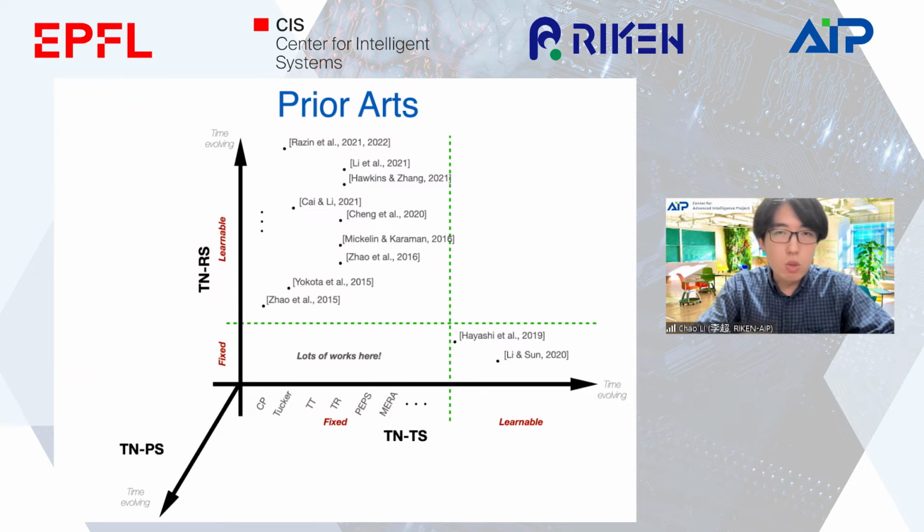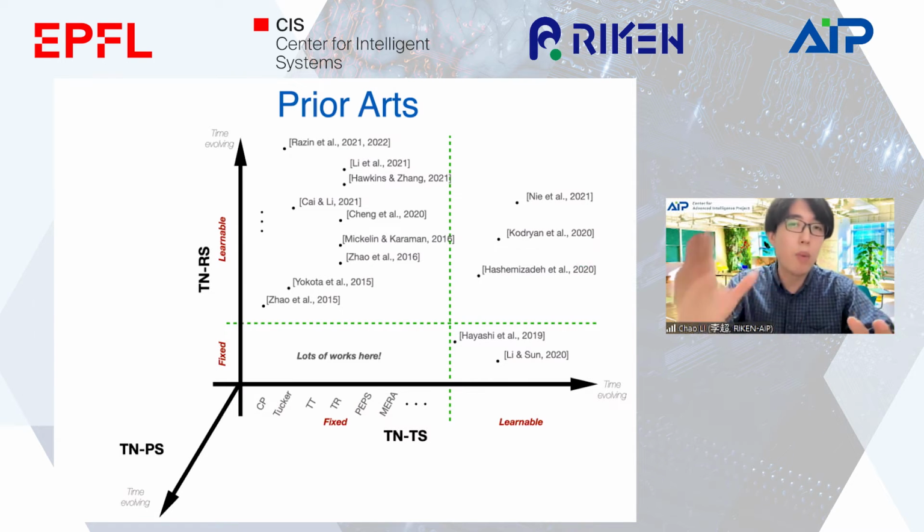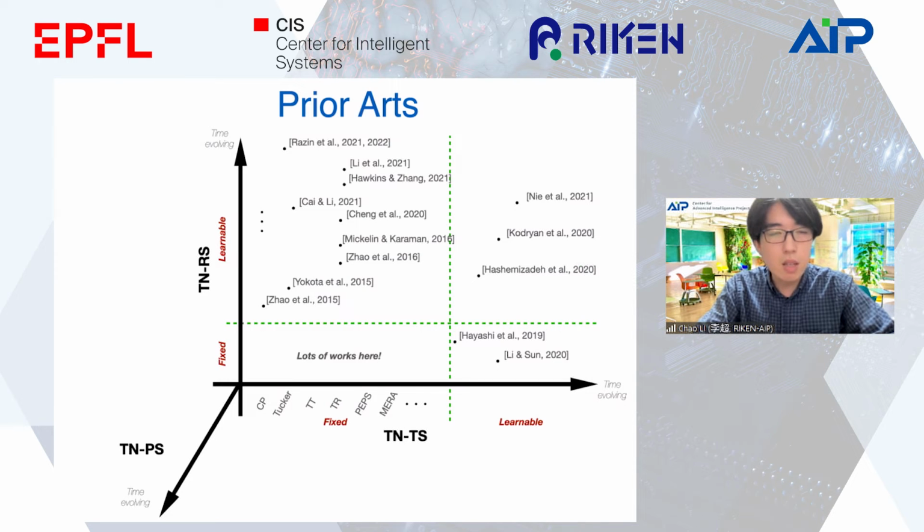The studies on the topology search are relatively new, which was first mentioned by Hayashi in 2019 and formally proposed by us in 2020. And following our works in recent years, some methods were proposed which focus on searching both the ranks and the topology. And at the end, for the problem of the permutation search, the study on this problem is very new. It was formally proposed also by us just this year, but actually,